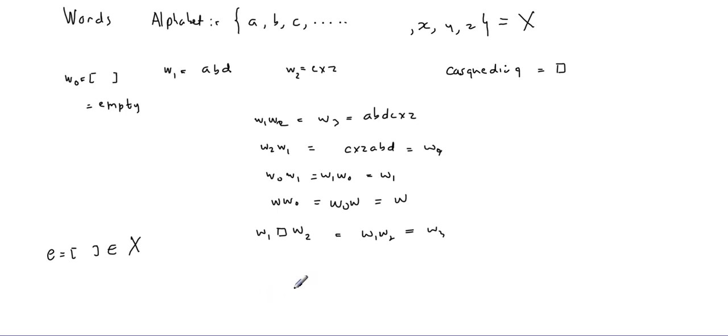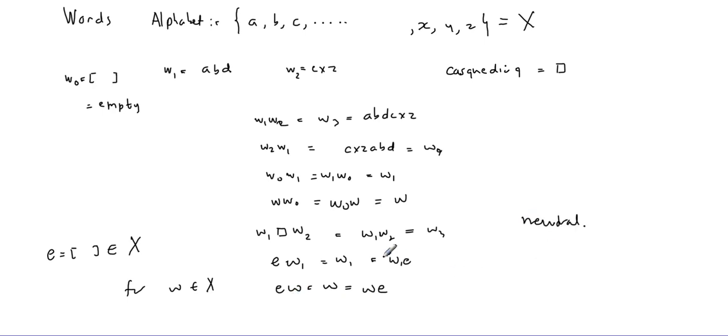If the operation is an operation on the set, you can operate with any two in the set. So I'm taking word E and then operating with word 1. What we've noticed is that this will give us word 1, and it is the same thing with word 1 operated with E, and any other words. Now this is for all words in X. E operated with that word will give you that word, and it will be the same as that word operated with E.